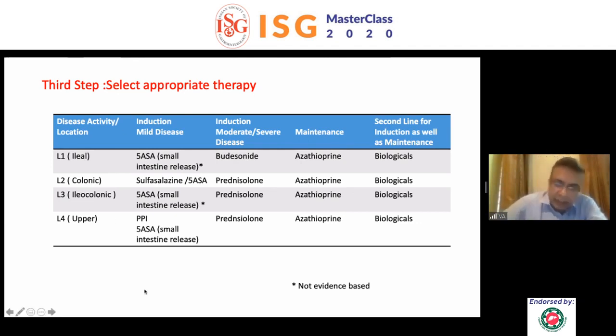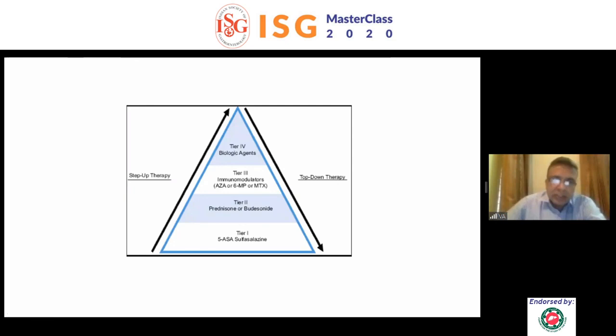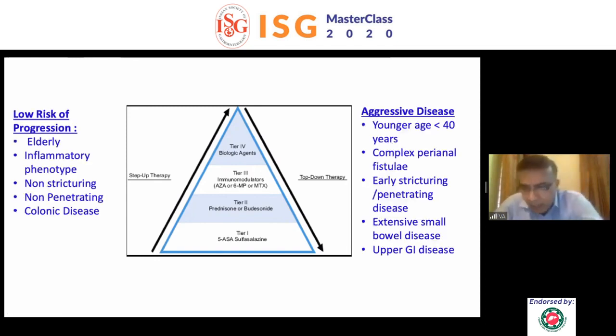Now the problem out here is that how are you going to optimize the dose? And second issue is that while we have talked about right now is stepping up therapy, escalating therapy. There's another concept which is known as top-down therapy, that is intense therapy. So in step-up therapy, we go on from sulfasalazine, prednisolone, azathioprine to biologic agents. Top-down therapy, there are certain situations, instances where we feel you may straight away start with biologic agents. You may straight away start with biological agents plus immunomodulators. And if the patient does not respond, then you may go on to steroids and all, because then you do not have an option. When do you apply this strategy?